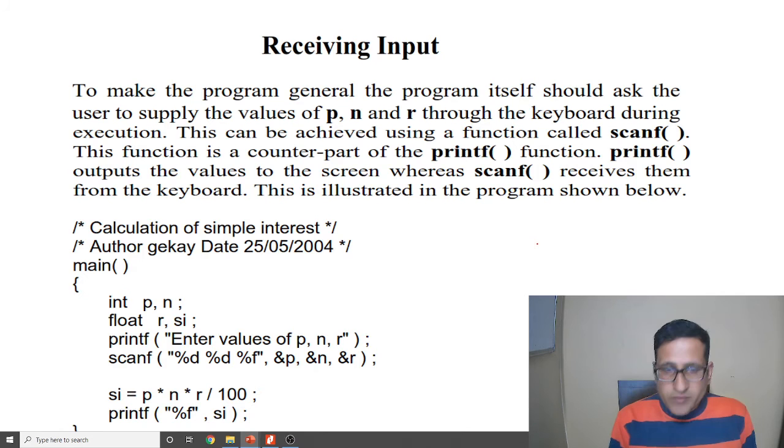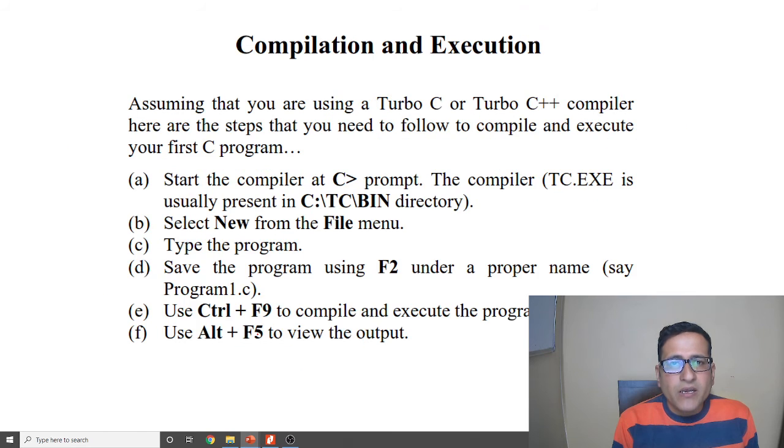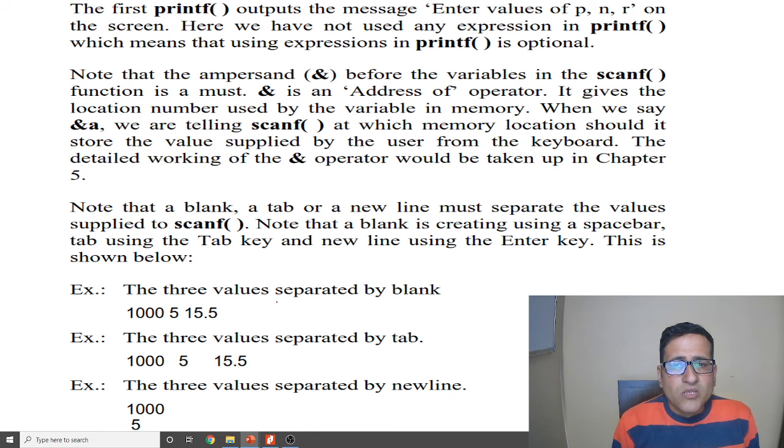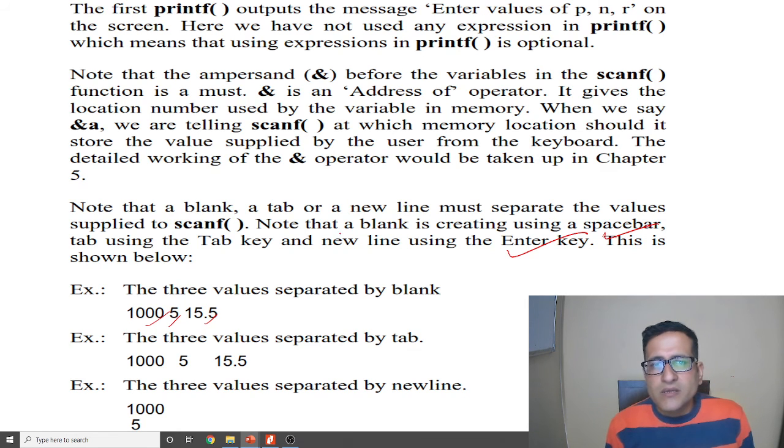So if we give spaces here, tab here or enter here, we will find that the value will be taken like that. When the user enters the values, he can use the enter key, the space bar, or the tab key. All these three are allowed while entering the values.